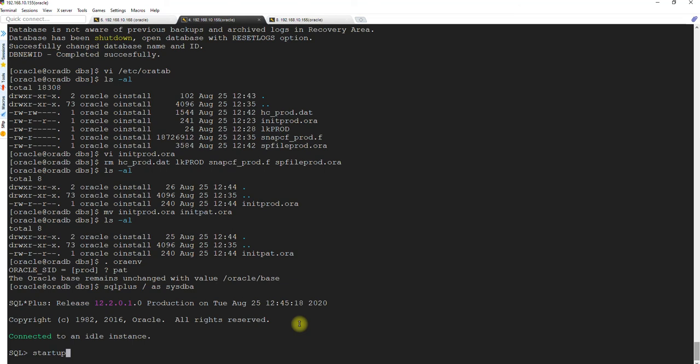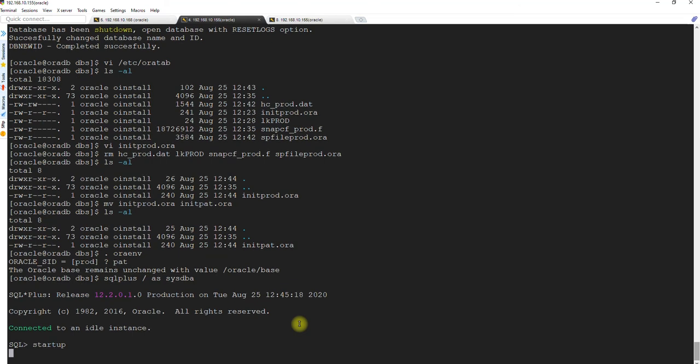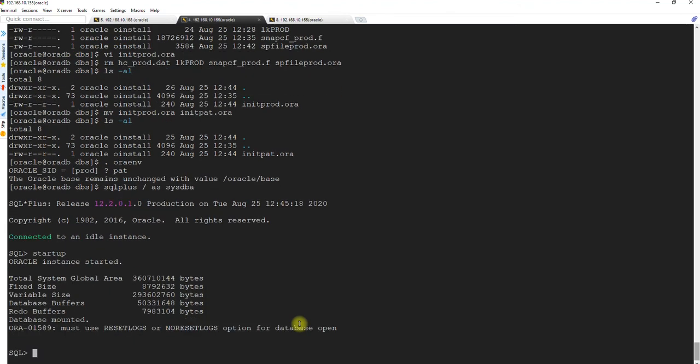It will again throw an error saying you need to open with resetlogs. Then we can alter database open resetlogs.